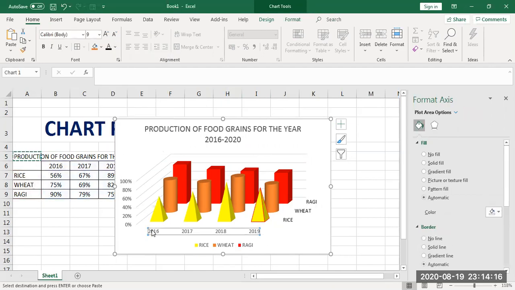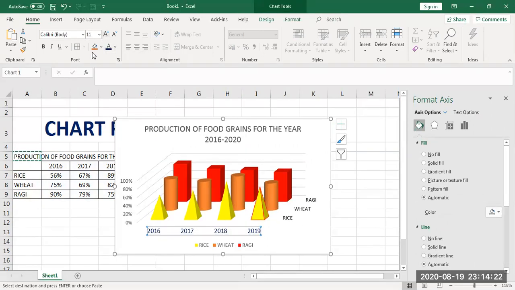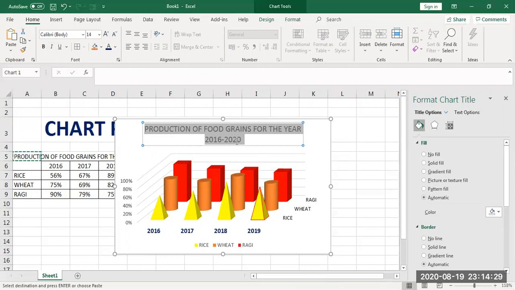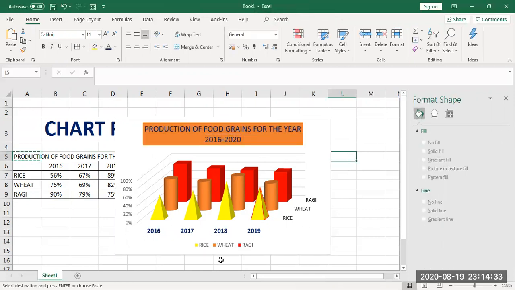If you select, you can change all these. Instead of this, I want it in a blue color, and I want to increase the font size. Everything you can do. Bold, if I want, you can specify. This heading also, this color is a little different, so like this I can specify.